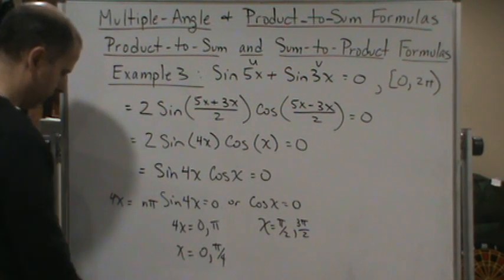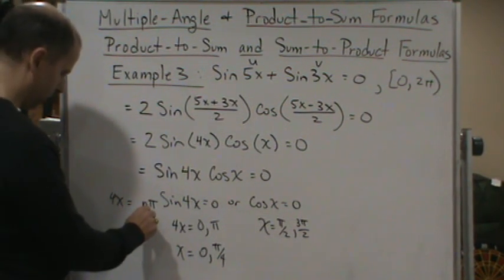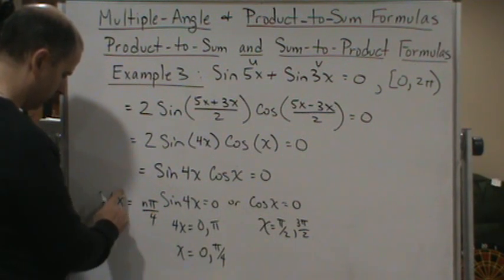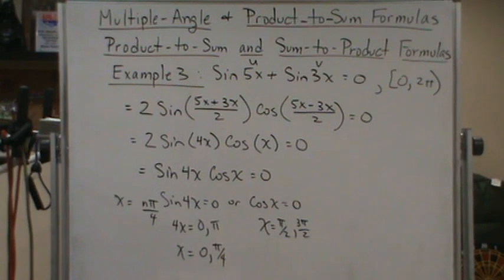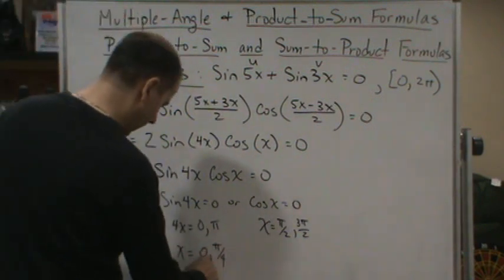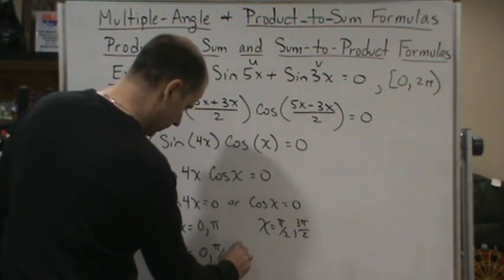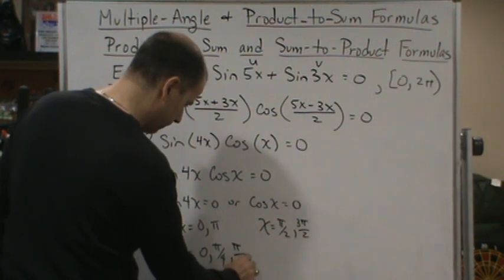So that means it's going to be every fourth pi, which means it'll be at 2 pi over 4, which is pi over 2,